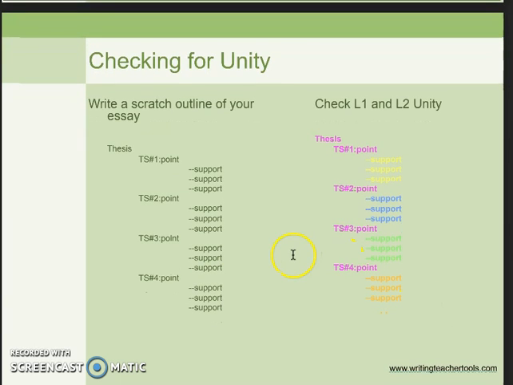This slide here is just to emphasize those concepts that we talked about with level 1 and level 2 unity. If you don't remember those, go back into the previous week's lecture and take a look at the lectures about level 1 and level 2 unity. Those are probably new concepts for you. If you've never had me as a teacher before, those are probably new concepts for you. These two concepts, level 1 and level 2 unity,